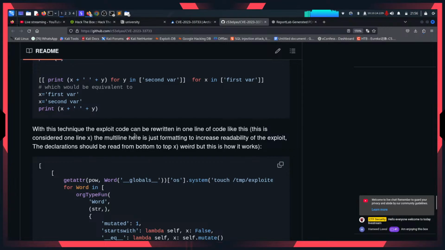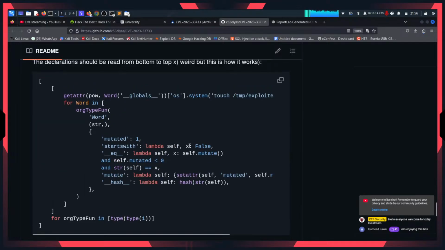With this technique, the exploit code can be rewritten in one line of code like this. This is considered one line. The multi-line here is just formatting to increase readability of the exploit. The declaration should be read from bottom to top. Weird, but this is how it works. And you can see that this is a harmful payload because